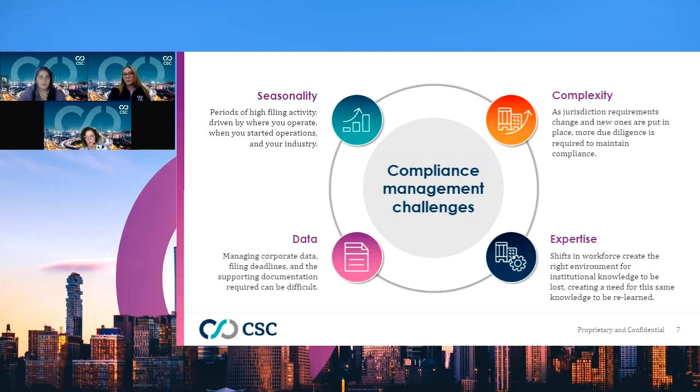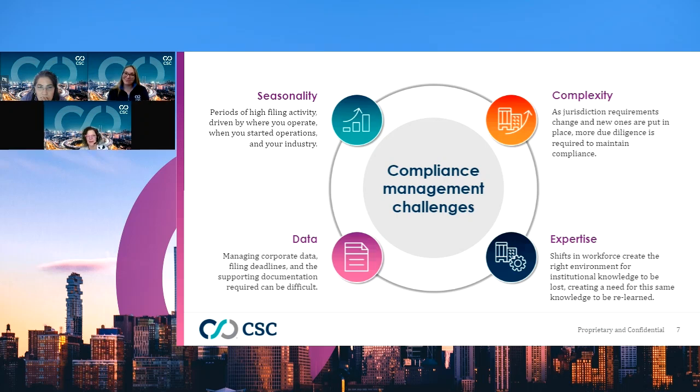When it comes to annual reports, a lot of times the deadlines with which your filings are due have to do with your formation type. So again, it can vary by industry type, it can vary by the jurisdictions you're filing with. It can also vary by the way the jurisdiction itself regulates the different businesses that you started. In terms of complexity, that is a big part of